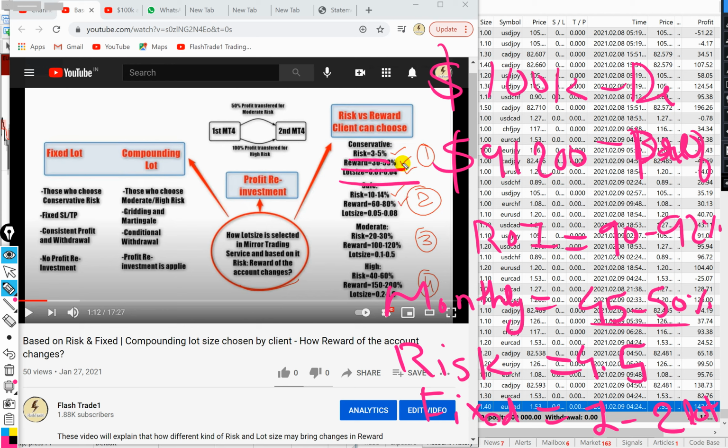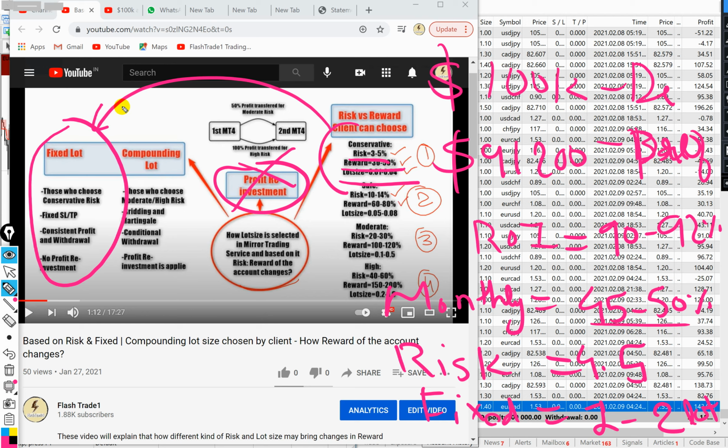So one thing is confirmed, that here we are trading with fixed lot size, not compounding lot size. Fixed lot size of 1 to 2 maximum on this account, and we are not following 0.01 to 0.04 just because the account capital is bigger. So 0.01 to 0.04 will not work, and so we are trading here with 1 or 2 lot size. No profit reinvestment strategy has been applied on this account, as we are trading with conservative risk, and conservative risk is always traded with fixed lot size, no compounding lot size, and so there is no profit reinvestment strategy on this account.